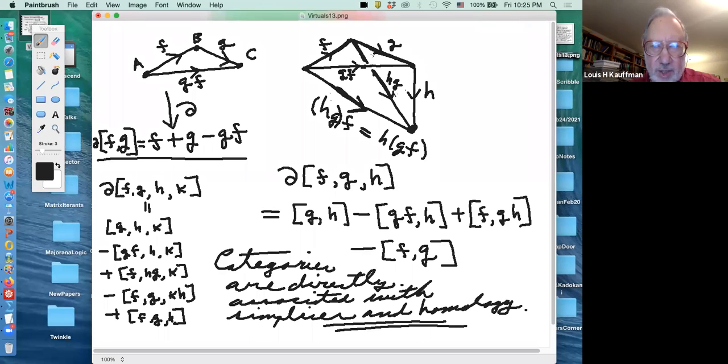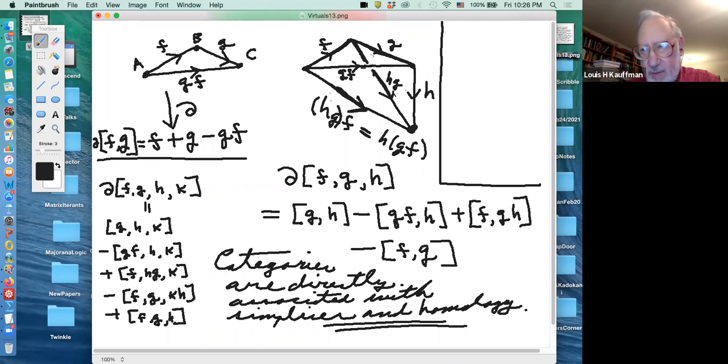Now, you could just take a category and think of the space made by all the simplices of all the different composition lengths that are in it, and look at the homology of that space. Or you could let it interfere with associated algebra. I only mean to show this to you as an idea, which you can think about. But you can think about it in relation to